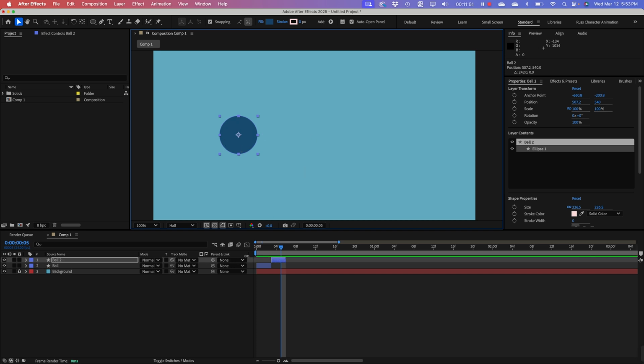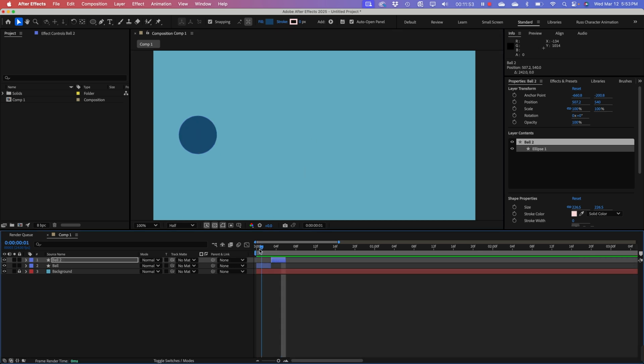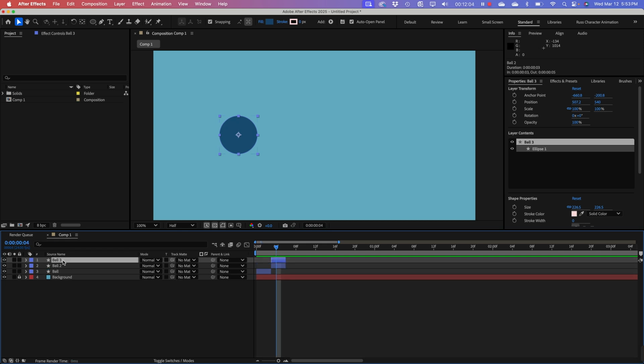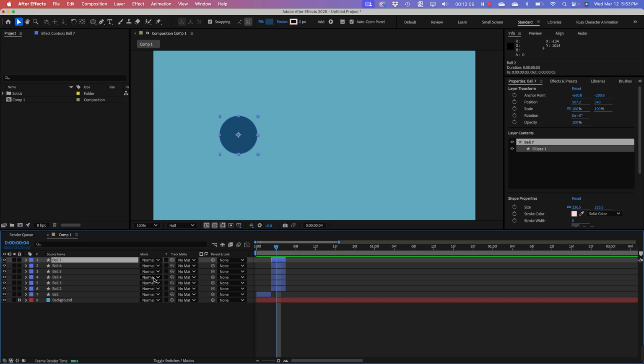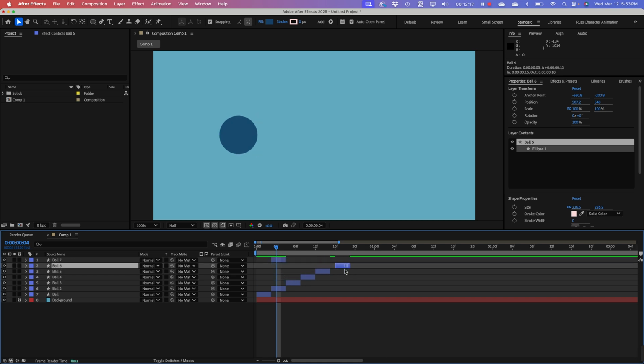So I've got 2 of the same shape, but I'm sequencing this image. So for 2 frames it's there, then it moves to there for 2 frames. If I duplicate this again, I'm actually going to duplicate it a few times, so I've got a bunch of them. And I'm just going to sort of manually pull these out. There's a more automated way to do this that we'll do later, but just to explain the difference in